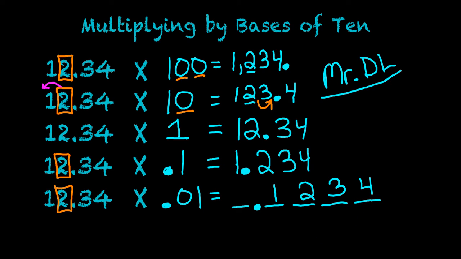Now, if you're getting it and you can remember, it's maybe a little confusing, but for these decimal bases of 10, we can switch things around because they do kind of flip-flop, and we can think of doctor. This time we'll use doctor, which means divide right, ML, which now means multiply left, and so that can help you, but don't get confused. If you're going to remember one of them, remember MrDL for whole number, but also just use these other methods here as well that I showed you so that you can